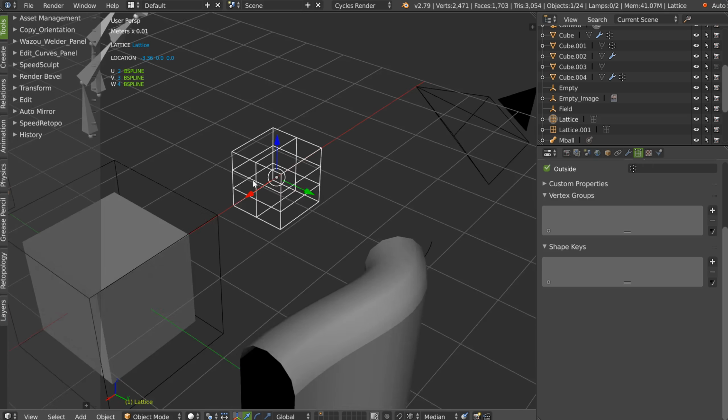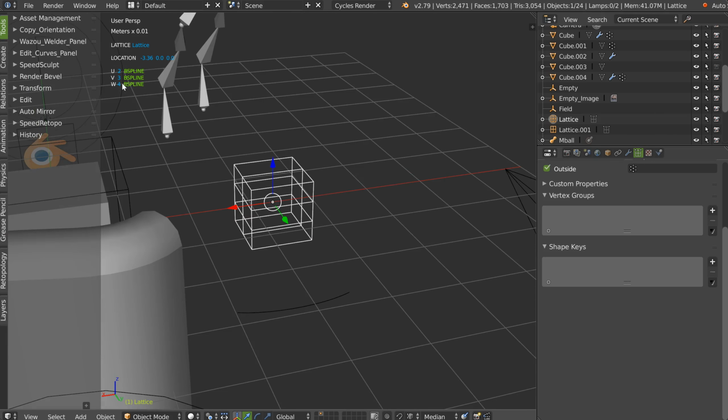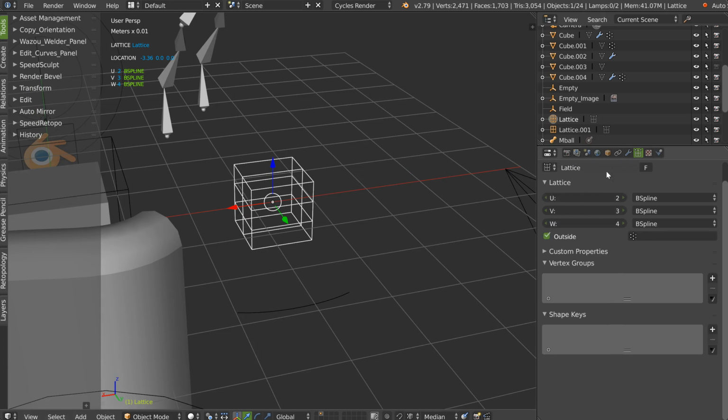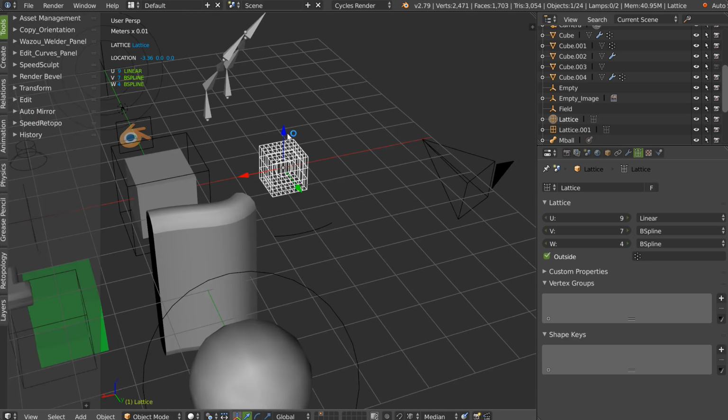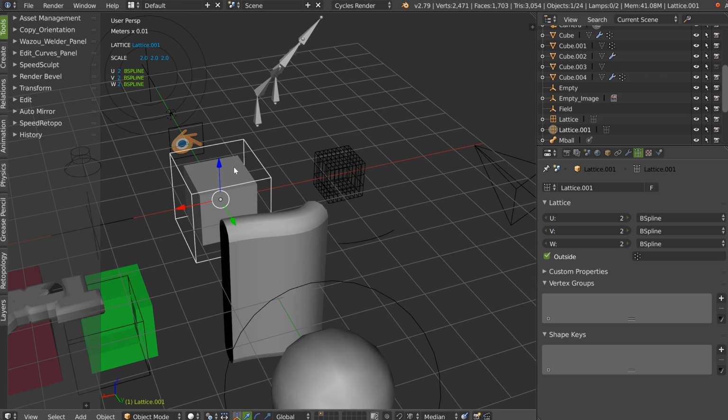Yes, for the lattice, I forgot the lattice. You have the options of the lattice. U, V, W. You will see if you change the mode, B-spline, Catmull-Rom, cardinal, linear, etc., etc. You will have this here.